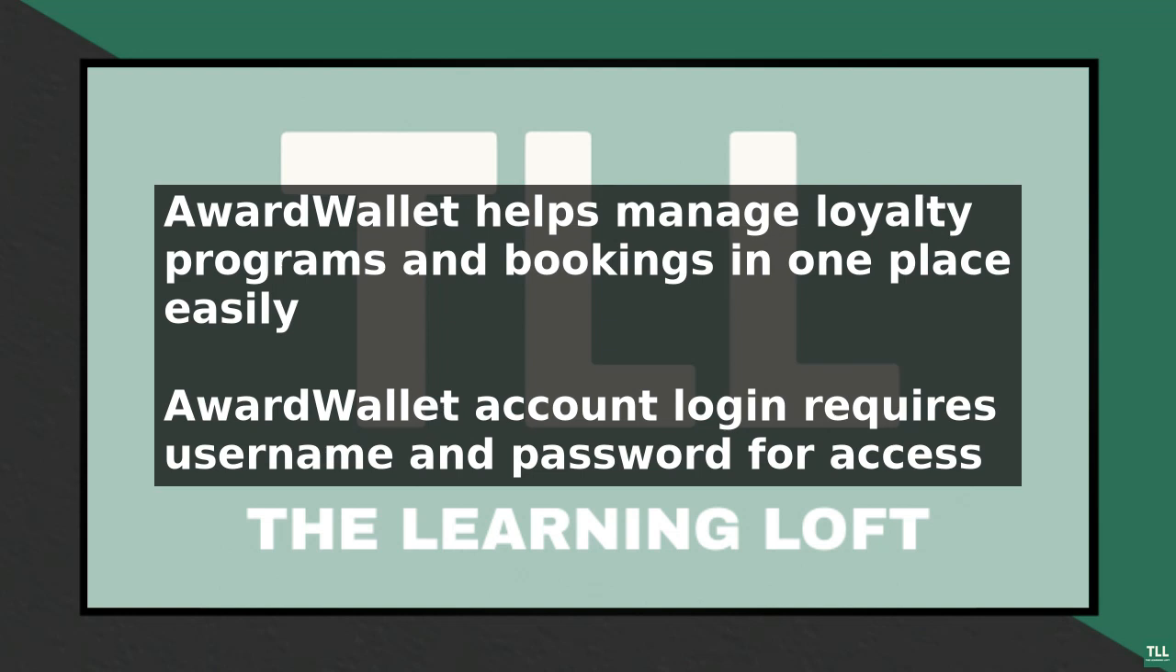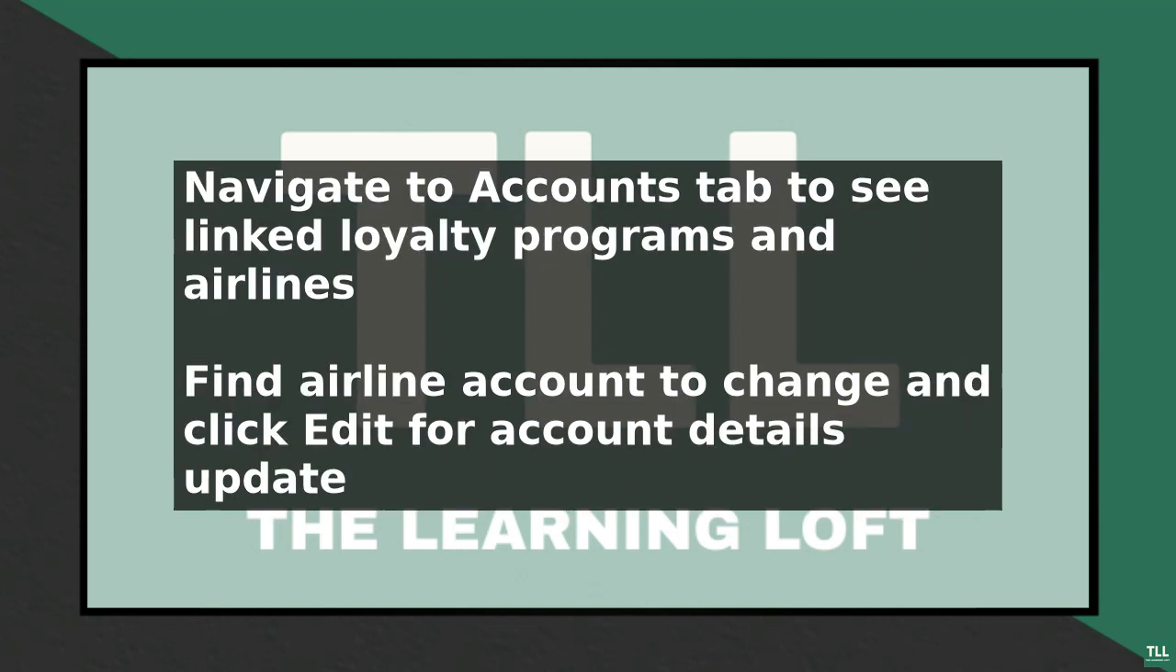Once you are logged in, navigate to the Accounts tab, where you will see a list of all your linked loyalty programs, including airlines. Find the airline account you want to change and click on the three dots next to it. Then select Edit. This will take you to the Account Details page, where you can update your airline account